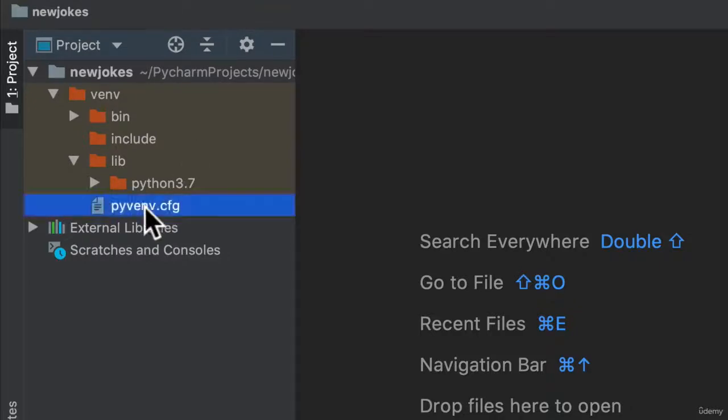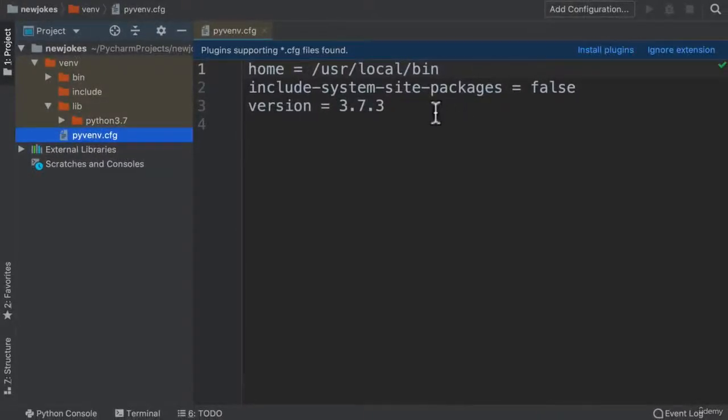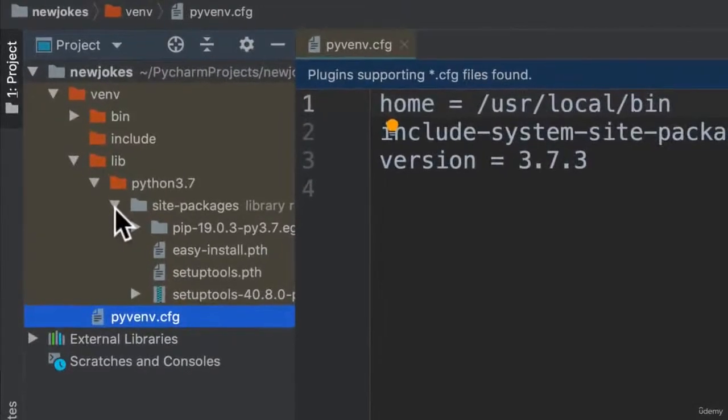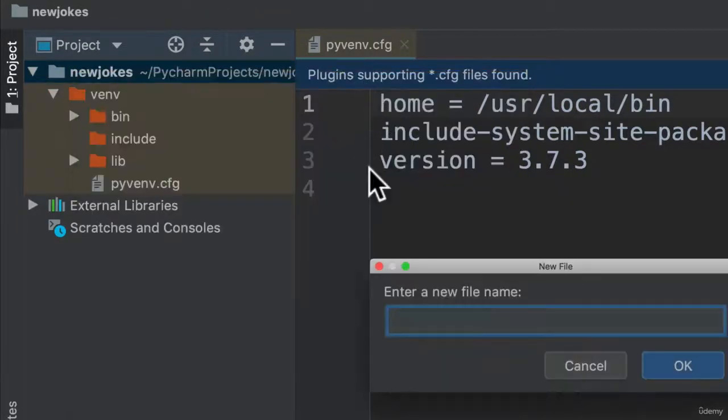If I go to pyvenv.cfg, you see that the environment is set up with version 3.7. This is my home, and we're able to add packages right in here. And you see that, nope, I don't have any PyJokes in here because this is a new project with a whole new environment. If I create a new file, let's say in here, we'll say new file,